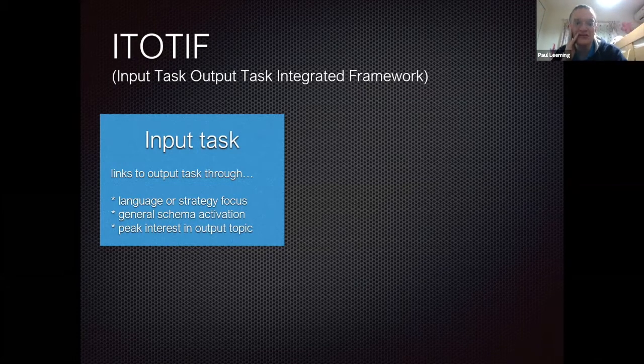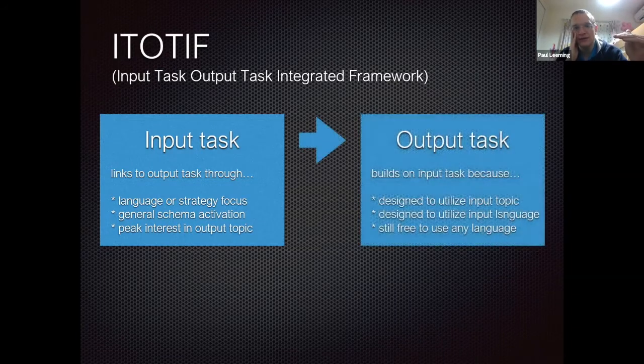activation. It piques interest. But what we did was, with the book and the framework, we linked that then to the output task. So in a single unit of the book, and the way we would recommend doing this, with or without the book, with your own materials obviously is fine, is to have an input task where the students are provided with language.